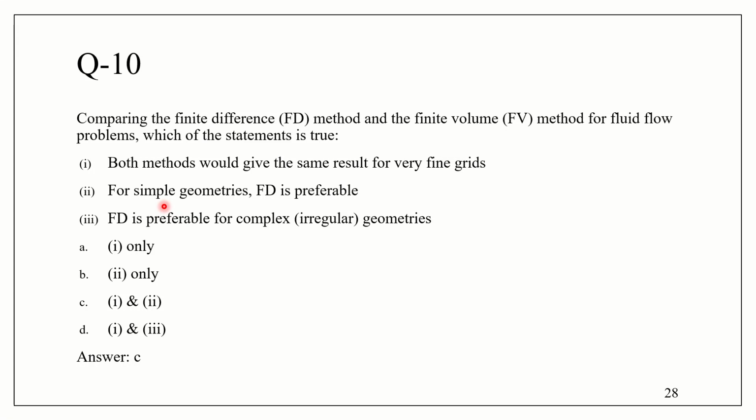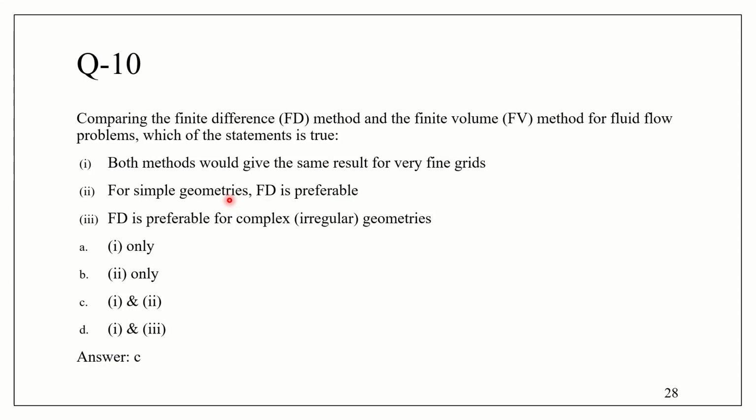Second statement, for simple geometries, FD is preferable. If you remember, FD is the finite difference approach, where we discretize the equations onto the grids by using central differencing, forward differencing and backward differencing schemes. Similarly, we have used the schemes from one grid to another, which can be denoted as i plus or minus 1, x plus or minus 1, y plus or minus 1. So for simple geometries, finite difference is preferable. But why